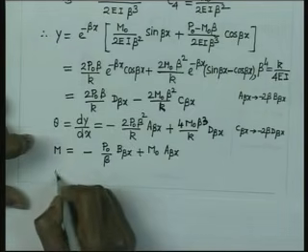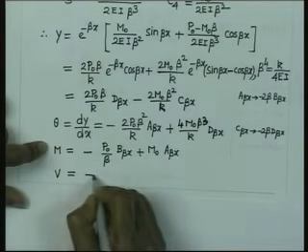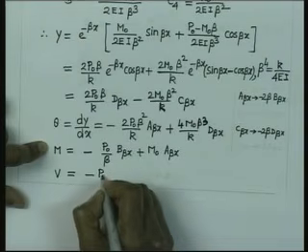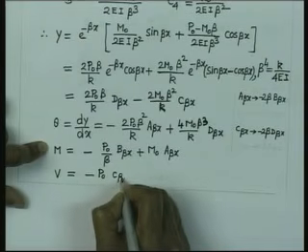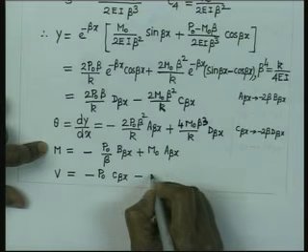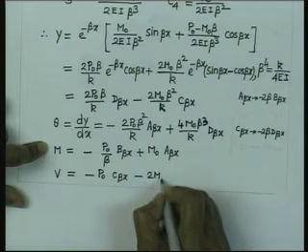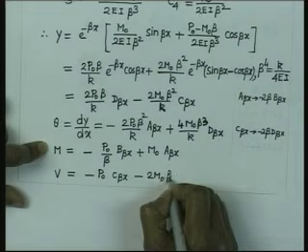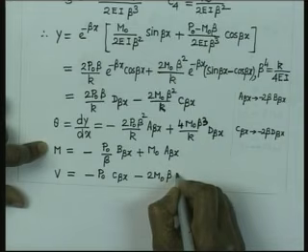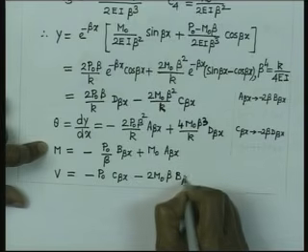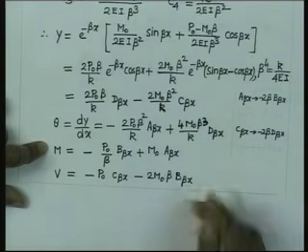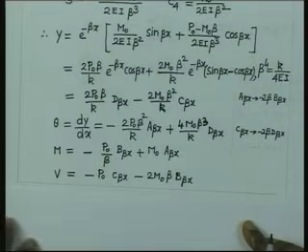Similarly, the shear force is nothing but P0 C beta x minus twice M0 beta into B beta x. So, these are the expressions for deflection, slope, bending moment and shear force,